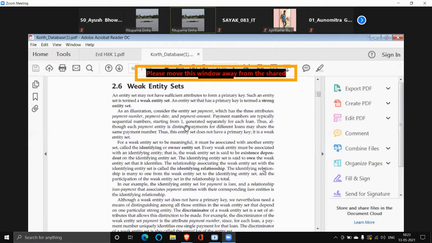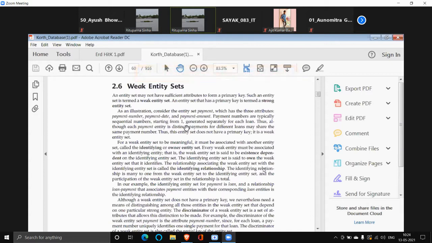Why can I not say payment number is a primary key? Because if I have sequential numbers 1, 2, 3, 4, 5, 6 till 10, and another person also makes some payments against another loan, the numbers in the payment numbers are again 1, 2, 3, 4, 5, 6, 7, 8, 9, 10.